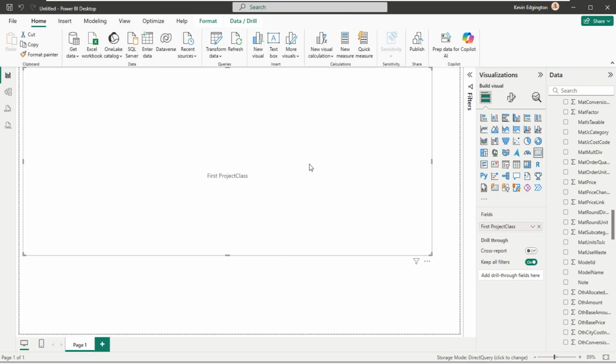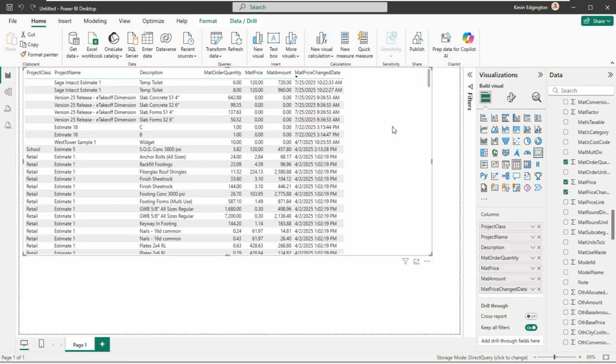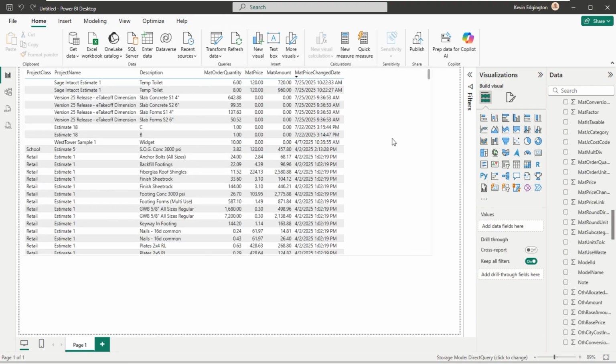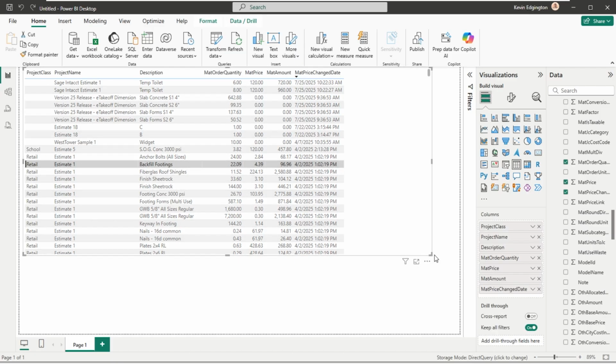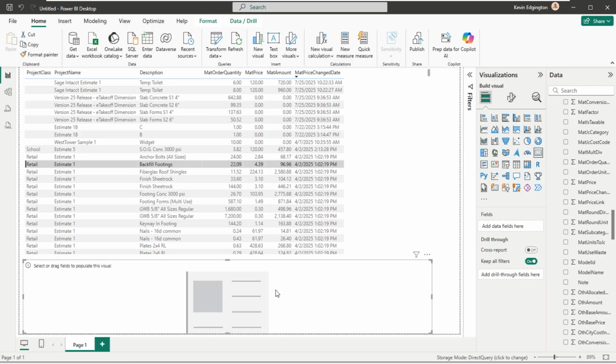Now I just overwrote what I had in there, so I'm going to hit Control Z and bring back what I had. You want to make sure that you're not clicked on something that you've already got in the report mat. So right now I've got these little boxes here, so this is my focal point. I'm going to click off of it, so that's not my focal point. So that way when I drop a card in here, it's going to show me a box that I can then put stuff in. So in this case, maybe I want to see the material price in here. So I'm going to drop the material price in.